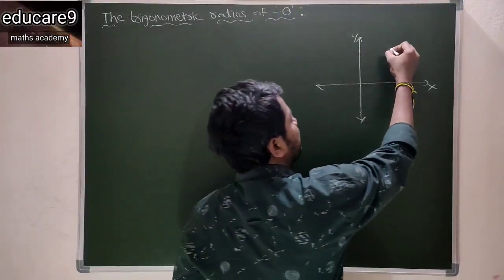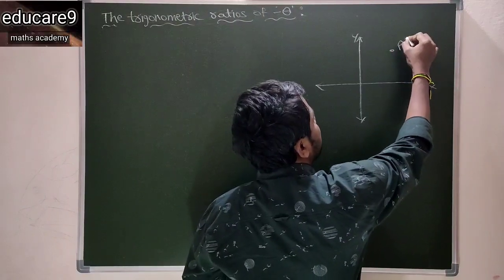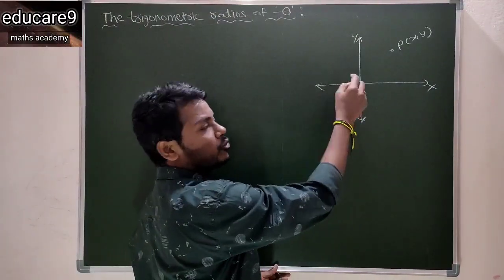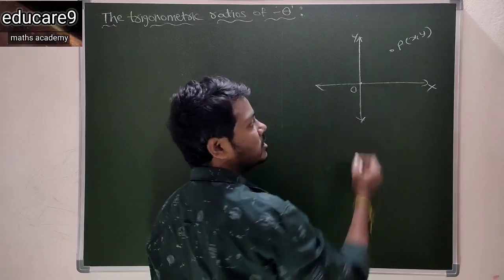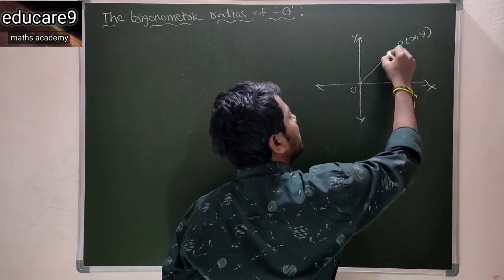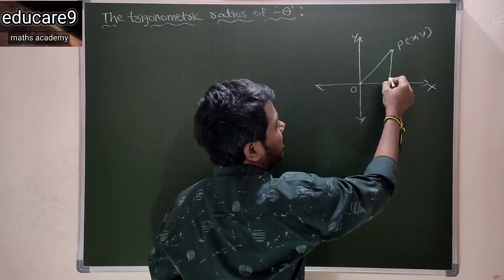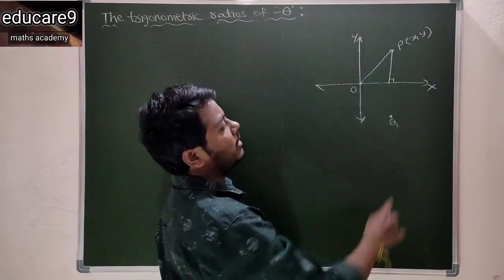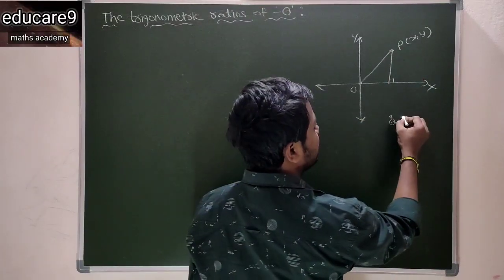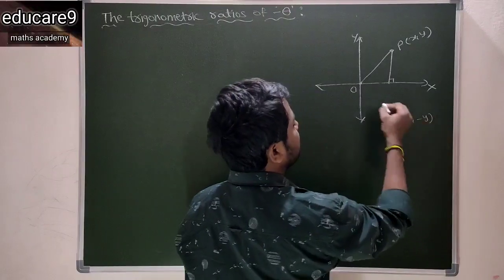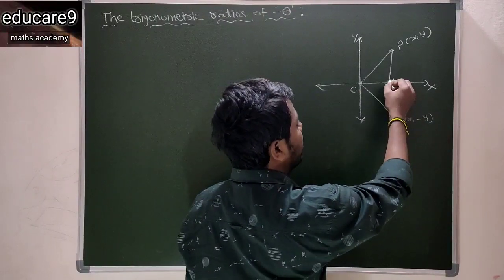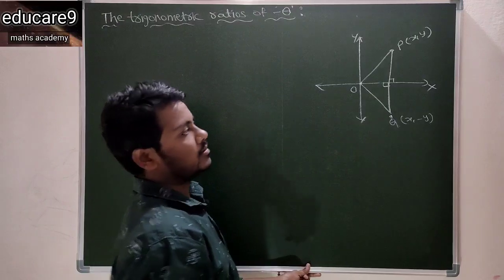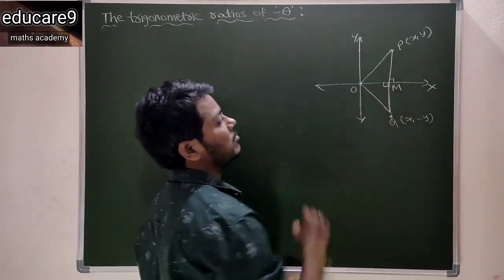Now, let P be any point in the plane, that is some (x, y), and you know that the point of intersection of the two axes is the origin. So join OP and draw the perpendicular line from P to the x axis. Now let Q be the image of the point P with respect to the x axis. So clearly that is (x, minus y). Now join OQ and draw the perpendicular line from Q to the x axis. It meets the x axis at some point M.